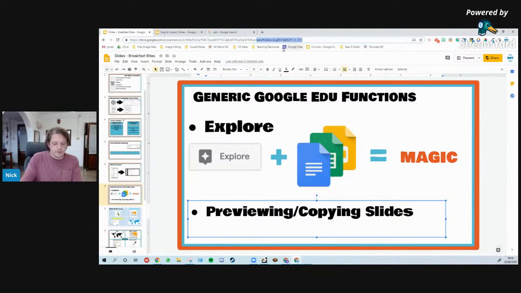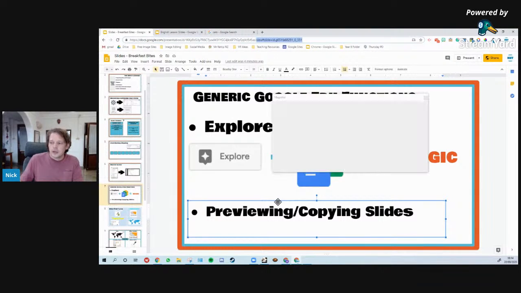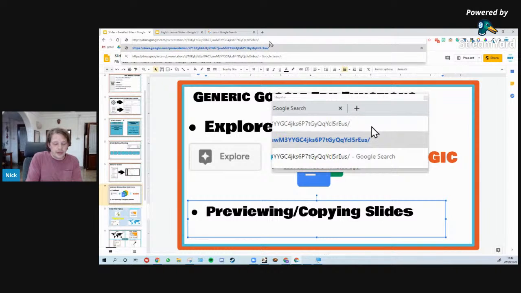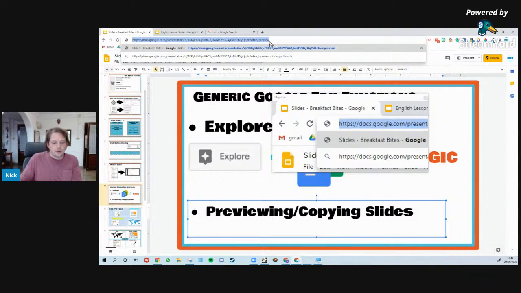And if I change it to preview, I'm going to delete everything at the end bit here. Hopefully you can see this clearly enough. I'll bring up the magnifying glass again, my new favorite friend. There we go. So this bit here, at the moment, everything after that last slash is just telling Google how to let people interact with this set of slides. If I delete all of that and I change it to preview, and then I copy all of that URL,